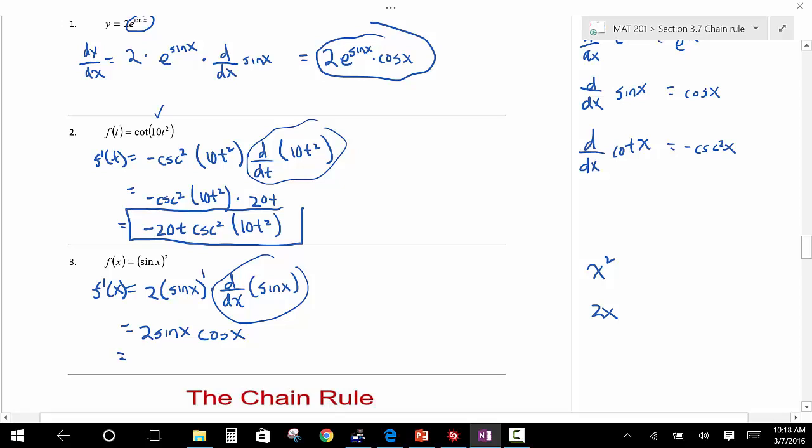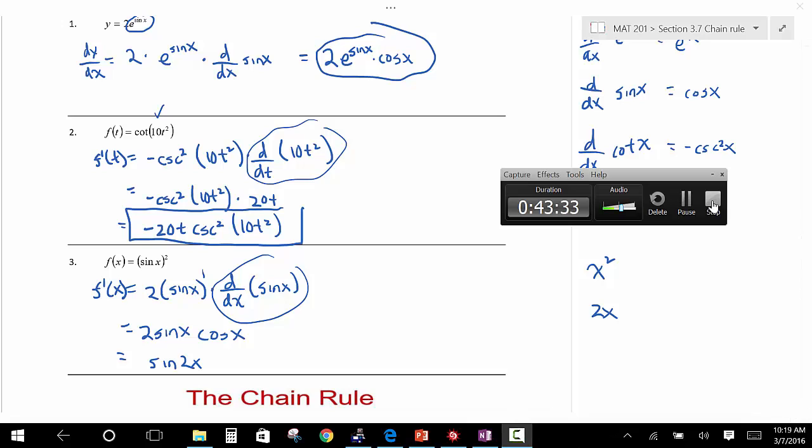And that's okay. There is an identity. Does anybody know what that identity is? 2 sine x cosine x is sine of 2x. You can go that far if you want to. You don't have to, but you can. Okay? All right, so that's kind of the idea. I brought this little Russian doll thing in because when I think of the